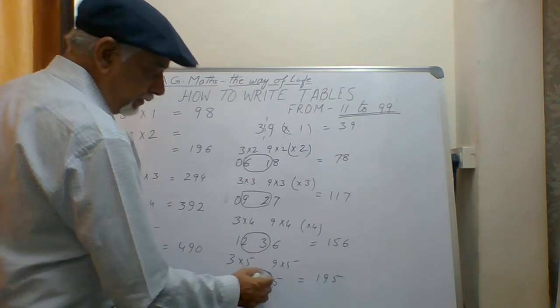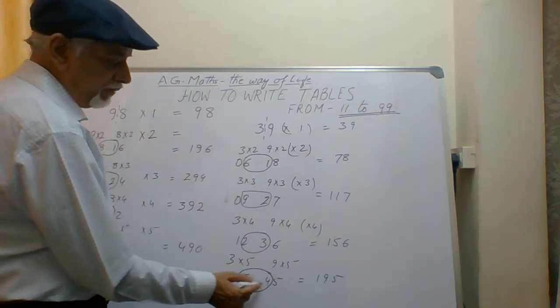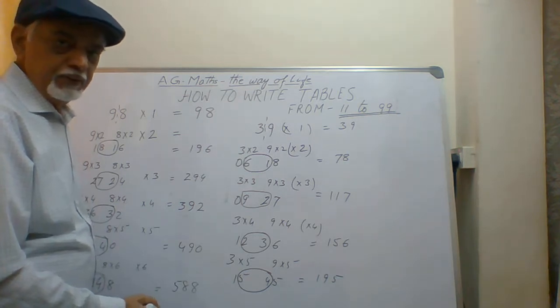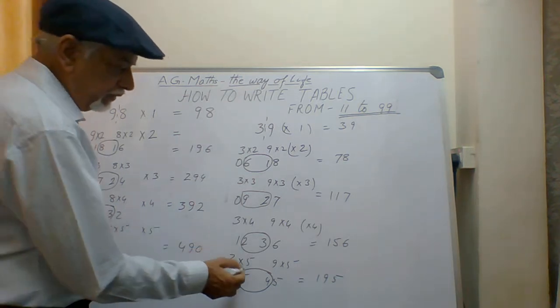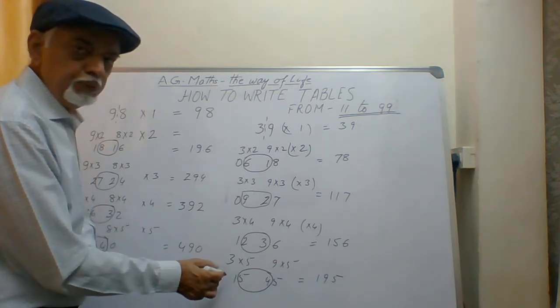Sometimes you will get double digit when you are adding these two numbers. So if it is 5 and 5, then what will happen? 10. For 10, you will carry the 1 onto the left side and convert this 1 into 2 and write 0.